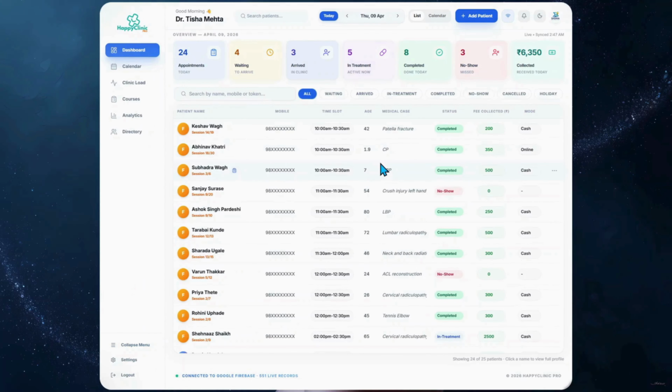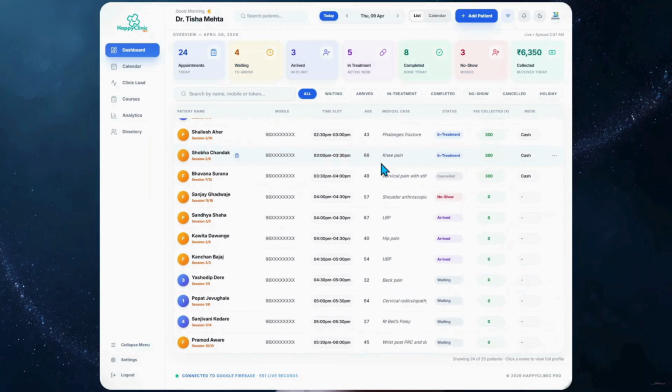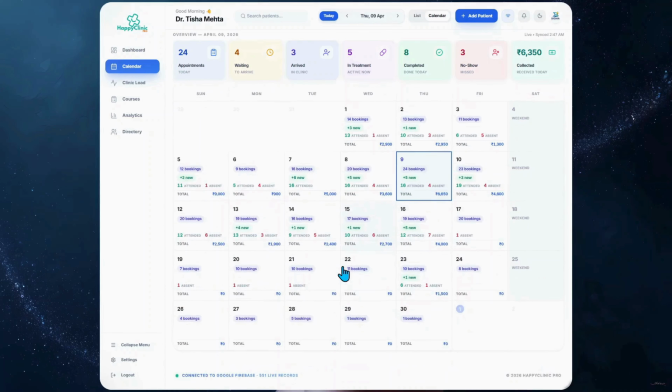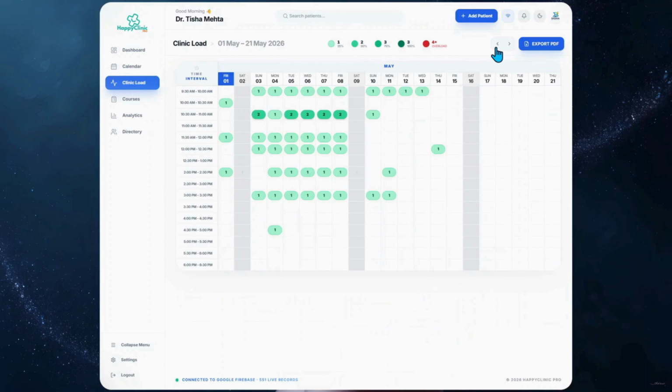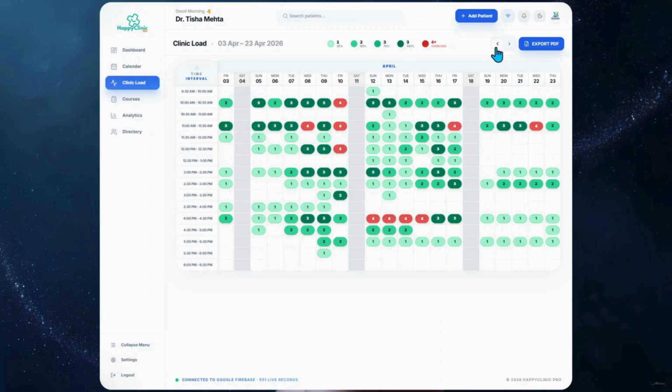First, the dashboard. This is your home base. Everything about today's appointments is right here. Second, the calendar. It gives you the entire month summary view at a glance. Third is the clinic load. It helps you visualize your daily clinic load with respect to the time slots, so you can plan appointment distribution